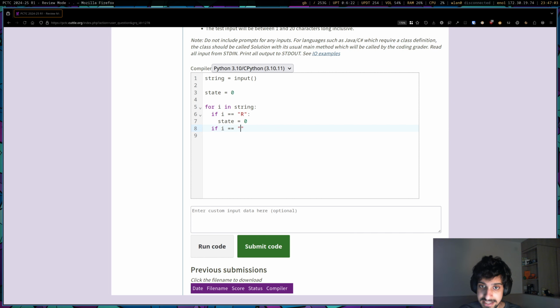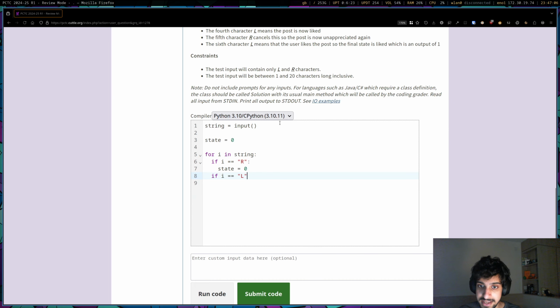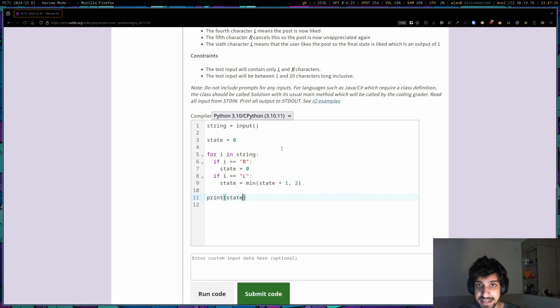Now, if I is equal to L, which I believe is like, yes, then state should increase by 1, but state should never exceed 2. So state should actually be state is equal to itself, the maximum of itself and 2. No, not maximum, it should be the minimum of itself plus 1 and 2. Right, so that's what we want to do. So we can either add 1 to it. However, if it exceeds 2, then we want to keep it at 2. And then finally, we just want to print off the state at the end of the program,